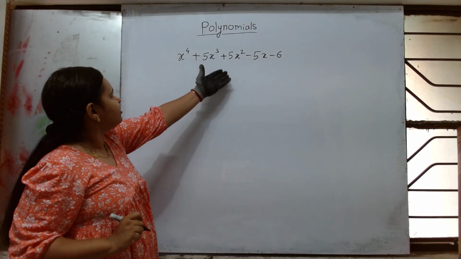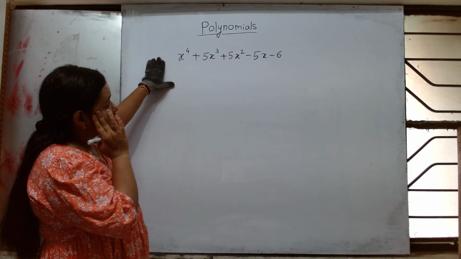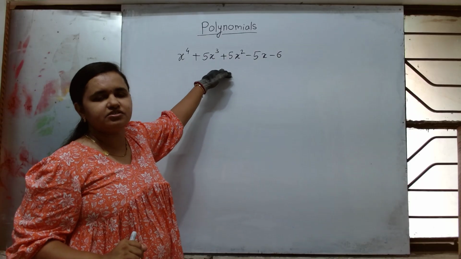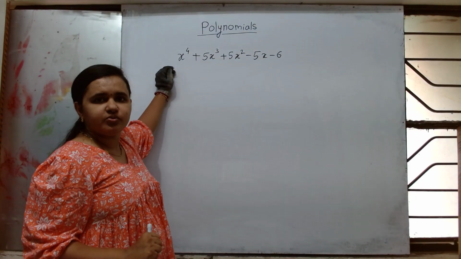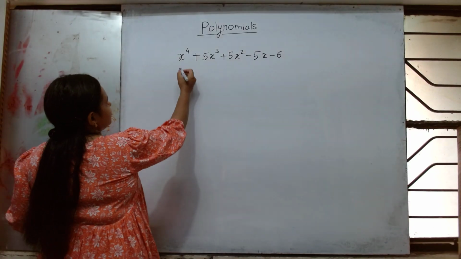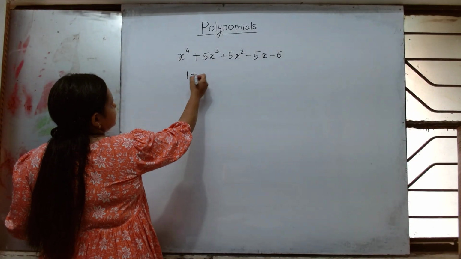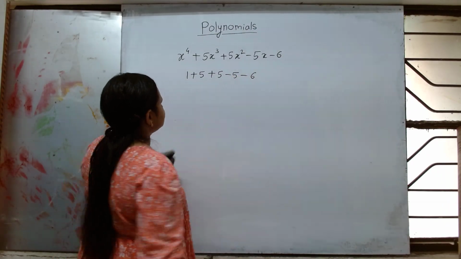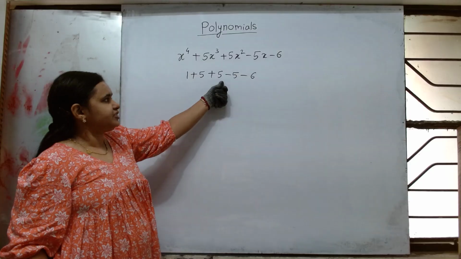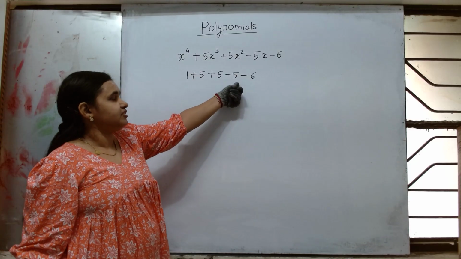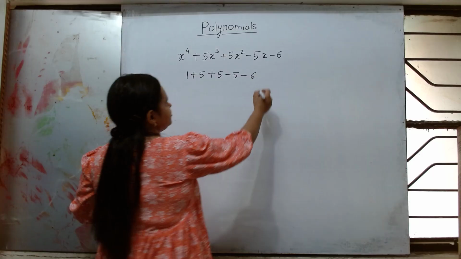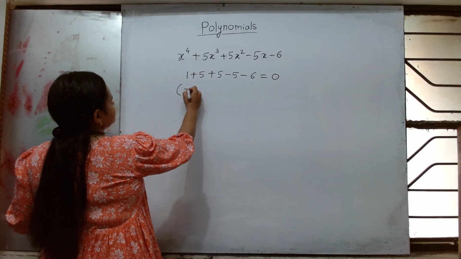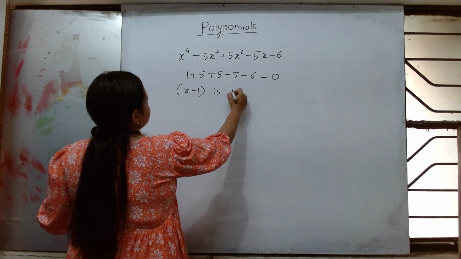Two factors we can already find orally. See page 14 note 1. It was sum of coefficients. If sum of coefficients is 0, then x minus 1 is the factor. Let us check. Coefficient of x to the power 4 is 1, plus 5, minus 5, minus 6. 1 plus 5 is 6, 6 plus 5 is 11, 11 minus 5 is 6, 6 minus 6 is 0. So sum of coefficients is 0. So we can say that x minus 1 is the factor